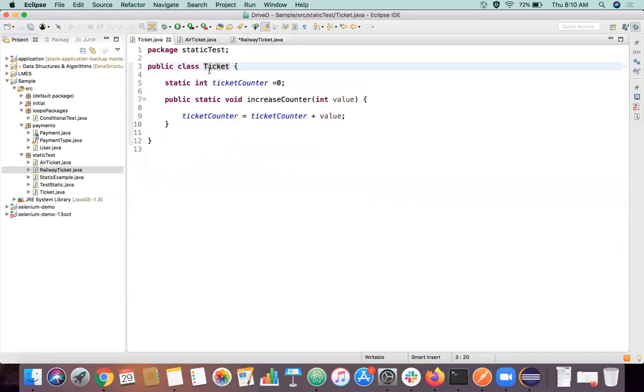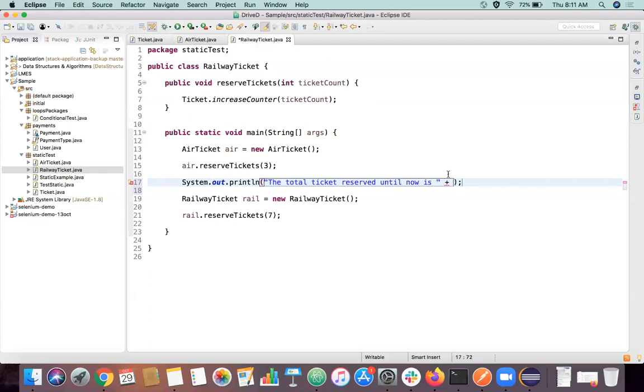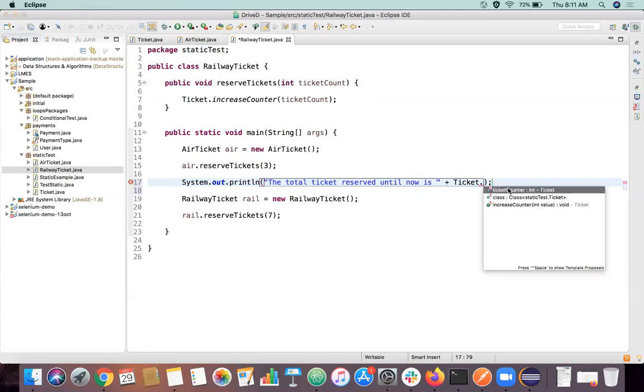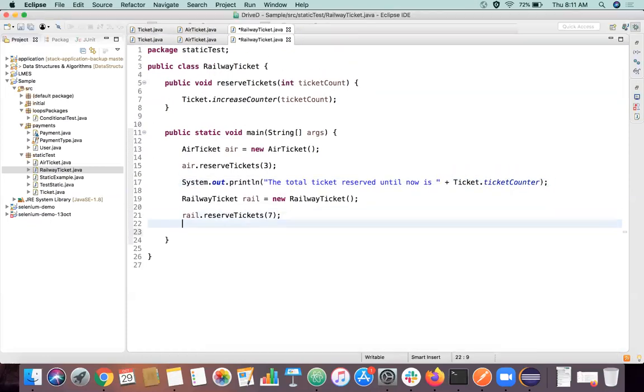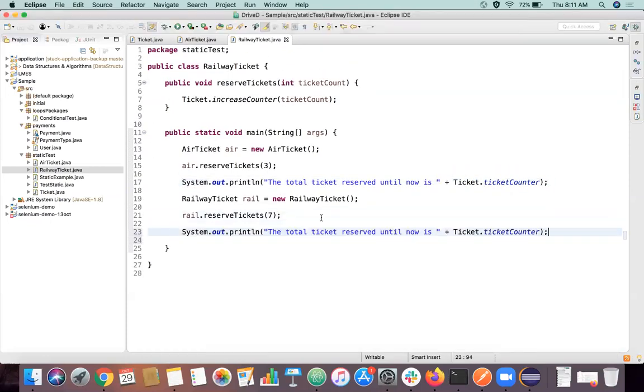Directly by calling the class name dot that variable name, right? I can just say Ticket dot ticketCounter, right? So I can just copy paste this and put it here. We'll try to run this program. Let's see what happens.